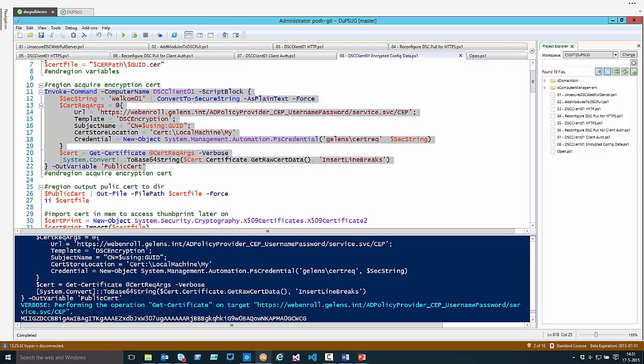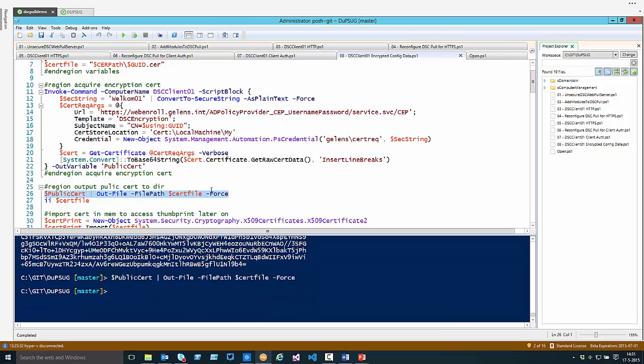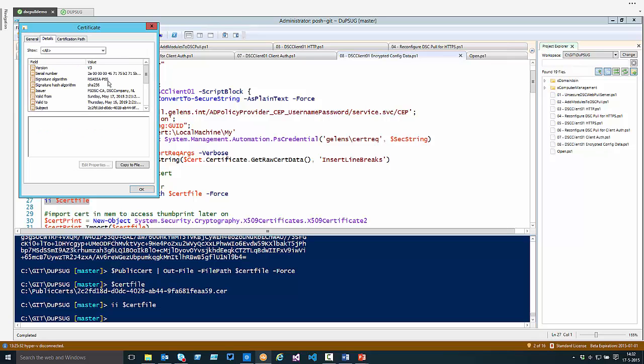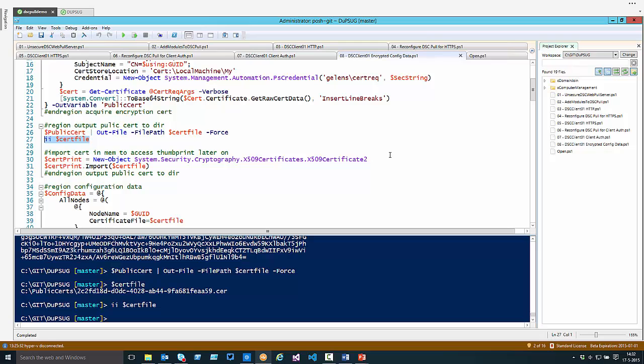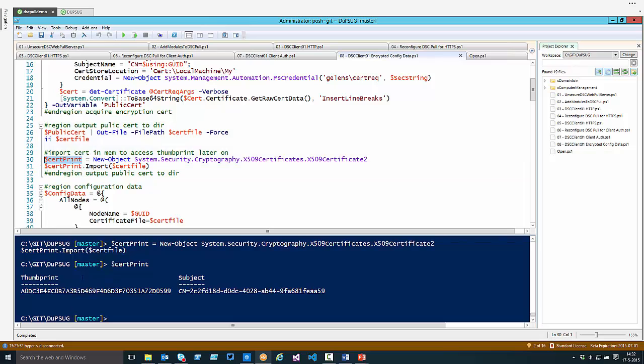And now it's enrolled, and you can see here that the base 64 code is returned to us. So now we write that base 64 code out to a file called cert file, so it's in the repo. It has the GUID.cert, so you know that this certificate is matched up against this certain configuration. If we look at it now, you can see it here again. So it's issued to the configuration ID. Next, we're going to make it available in our PowerShell session. And if we run this, we now have access to the thumbprint